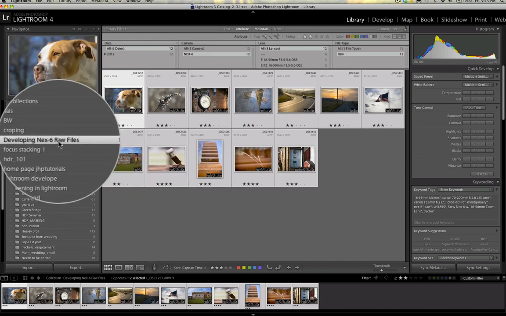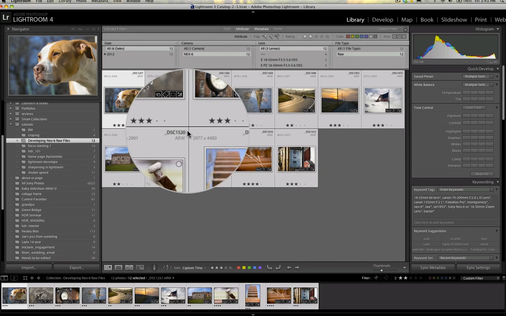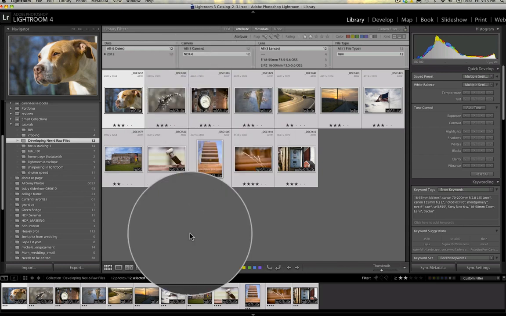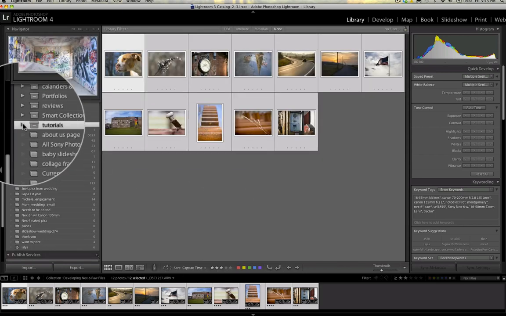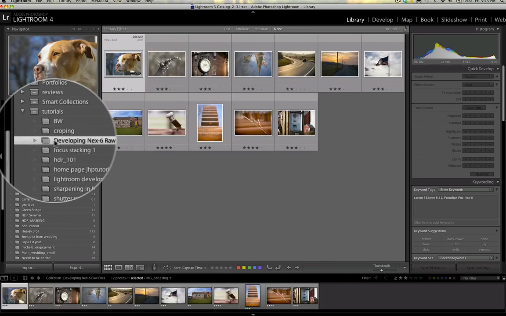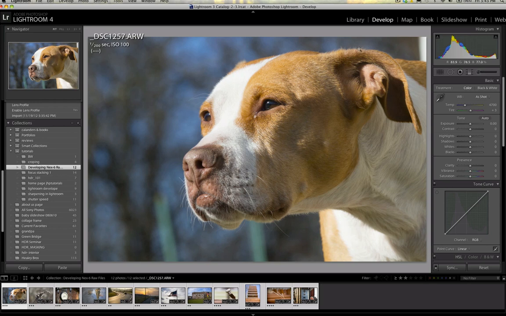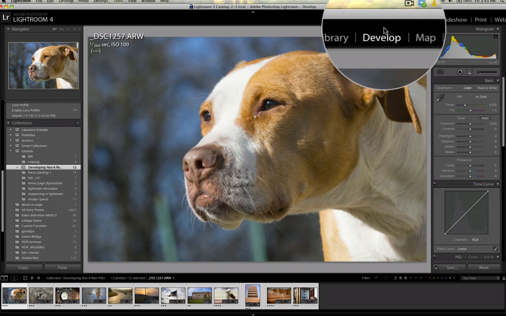And now I have, notice this, I got 12 photos here, 12 RAW files selected, and I have it inside the tutorials collection set. And then I have another folder here called developing Nex-6 RAW files. Pretty cool. Alright, so what I'm going to do is I'm going to go to the develop module, and what